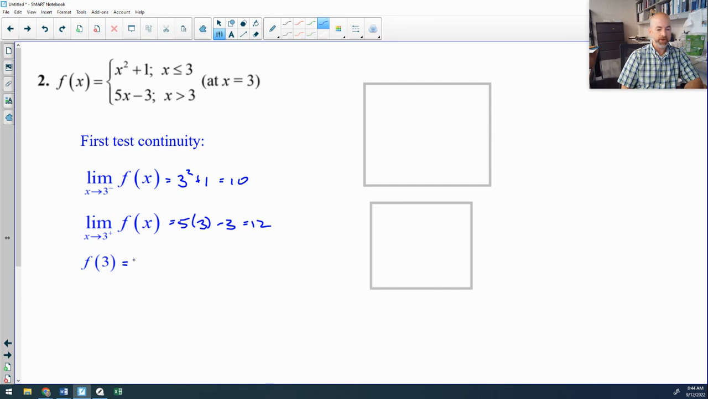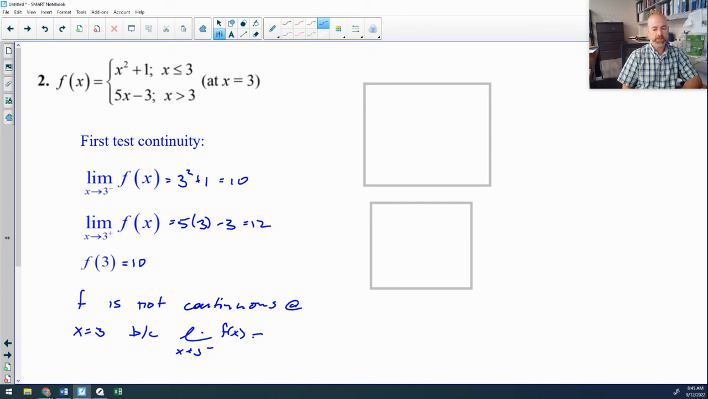I guess since I have this down here, I'll go ahead and say f of 3 is 10, but at that point it's irrelevant. I can say that f is not continuous at x equals 3 because the limit as x approaches 3 from the left of f of x is not equal to the limit as x approaches 3 from the right of f of x. Therefore, because f is not continuous, we already know f is not differentiable